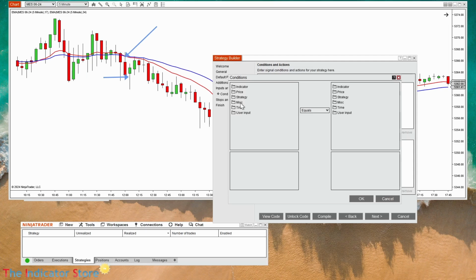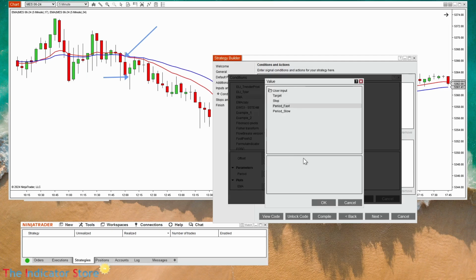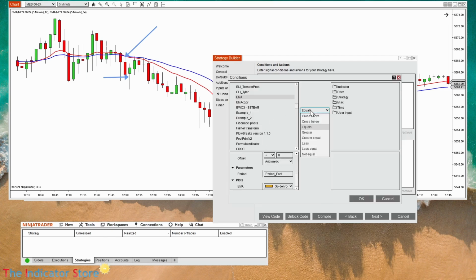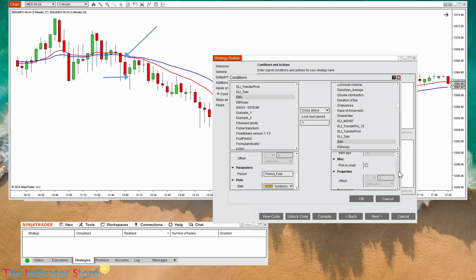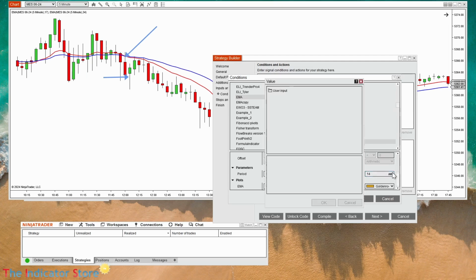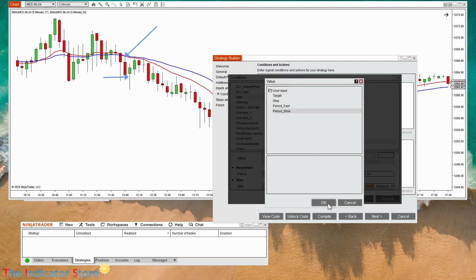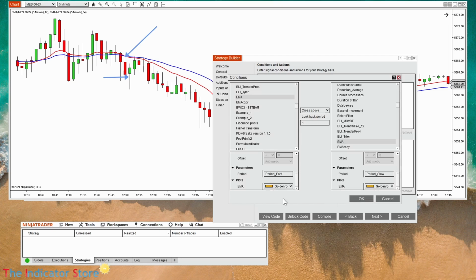So when the indicator EMA, with a period defined by the parameter period fast, crosses above another exponential moving average, EMA, but with a different period, slow. When the period fast crosses above the period slow exponential moving average,